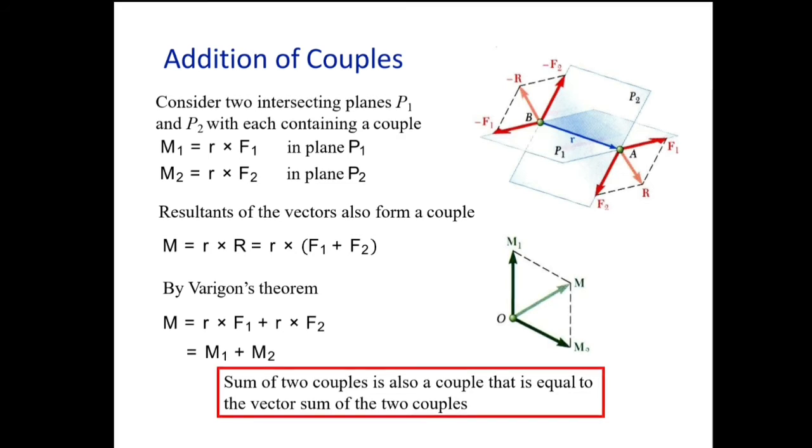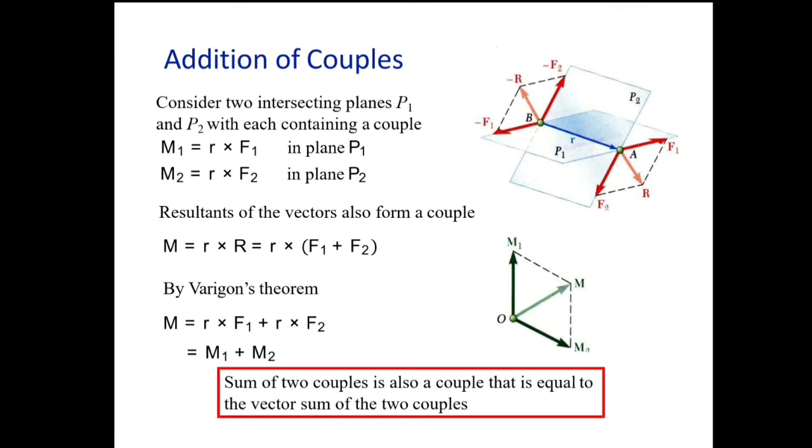plane. Now at the origin point B, again there are two forces F1 and F2, but in opposite directions. F1 is in the same P1 plane but in opposite direction, and F2 is in the same plane but in opposite direction, that is in the P2 plane. So there will be formation of resultant like this, positive R and negative R, you can see at the origin points A and B respectively.